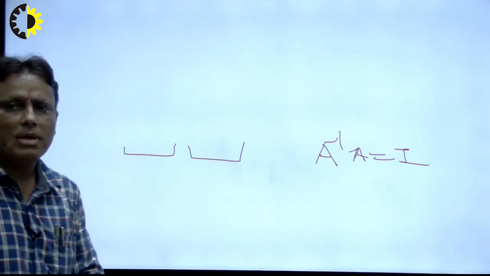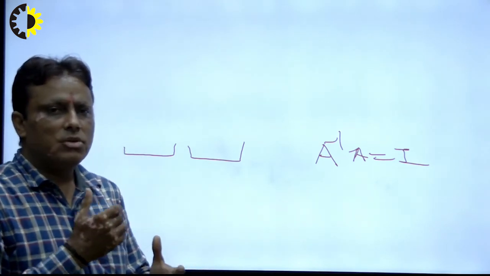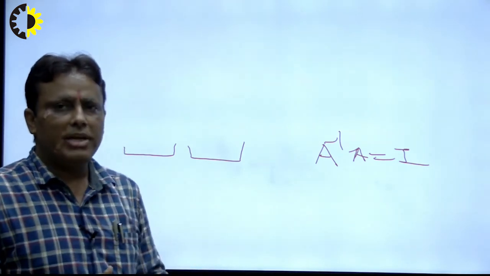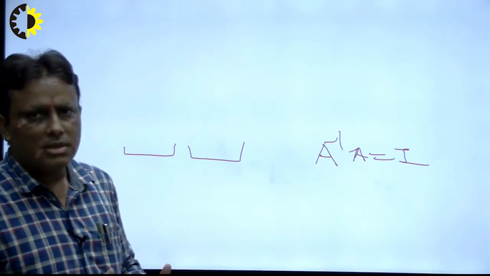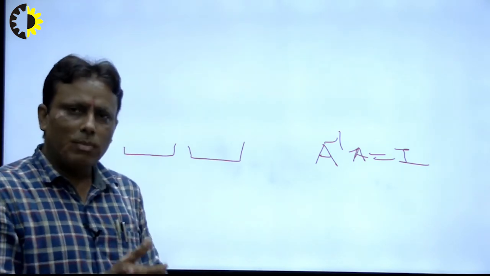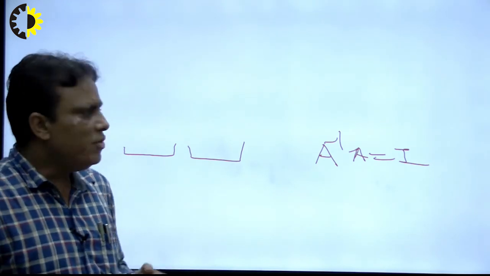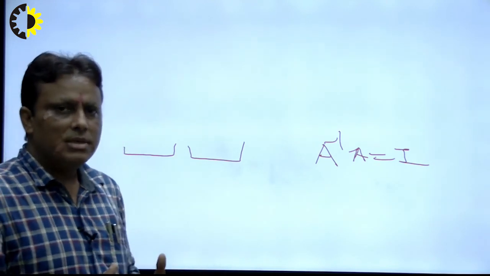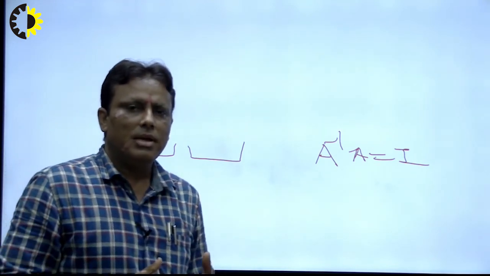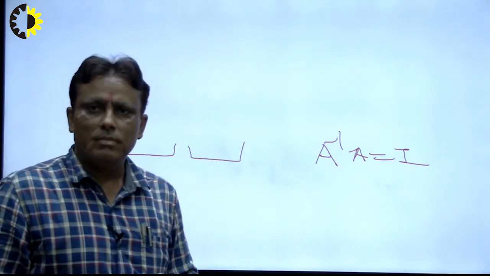For today's lecture, let me recall what we have done today. We learned how to calculate the rank of a matrix by the determinant method, echelon form and normal form, and how to calculate the inverse of a given matrix. If students have any problem with today's lecture, they can contact me after the schedule, and I will try to solve their problem. Thanks to all of you.